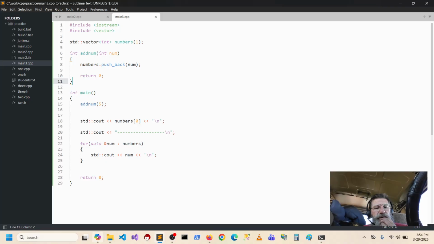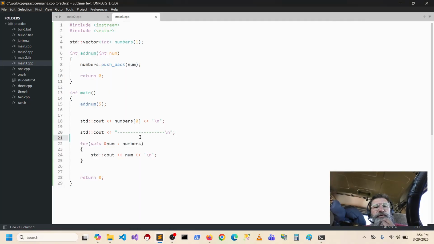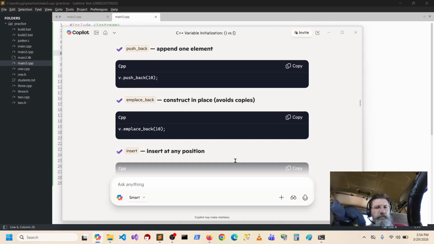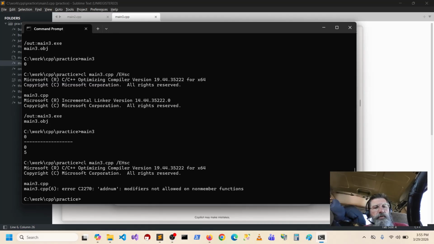So let's go back to Copilot. So emplace back would not make the copy. So we should be able to do like an emplace back here. So I don't know at what point you would want this. Well, oh, wait a minute. Hold on. Let's make this const. So we're saying that this shouldn't compile at this point, right? Yeah, okay.